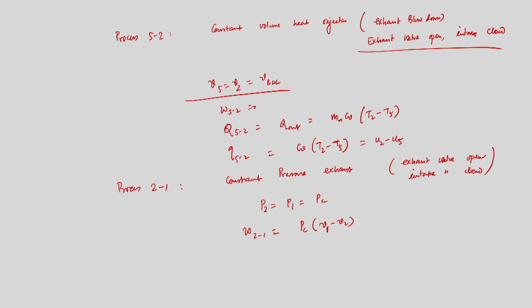Now, we need to calculate the thermodynamic efficiency of the Otto cycle. So, the thermal efficiency of the Otto cycle we will calculate now. This is very important, for that we are doing this analysis. So, we have calculated pressure and temperature at the end of each and every stroke using the ideal gas relationship. Then we also have calculated work done, and the heat input and heat output during the combustion and exhaust blow down process.